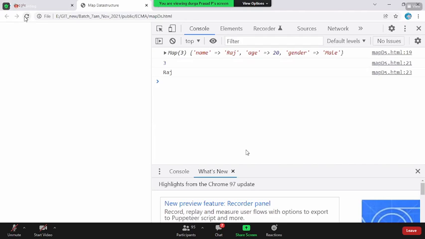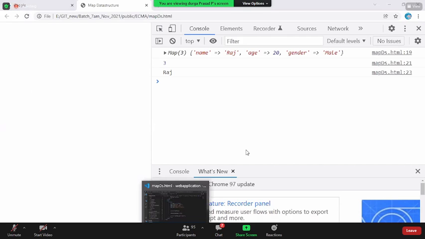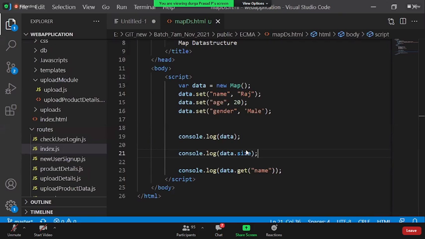So when you see here, the difference between the JSON object and a map is, in case of your JSON, it is a data container. At the same time, it even holds a behavior. We can even put some function inside this. Whereas coming to your map data structure, it is a pure data structure, which is capable of only holding the data. Okay. Any questions up to this before we go with the iterator on top of a map?